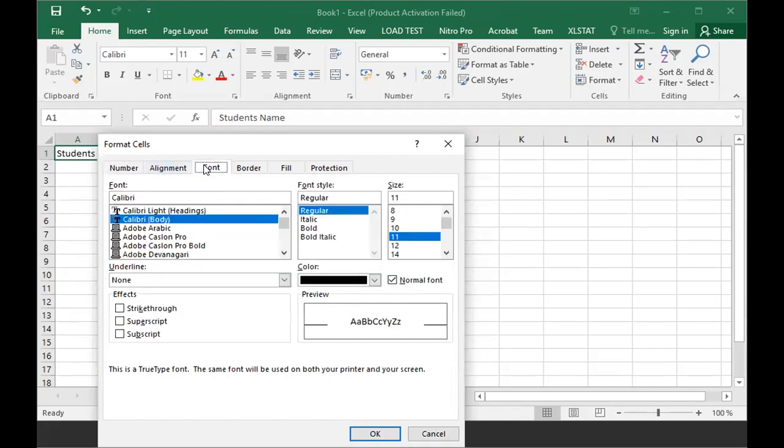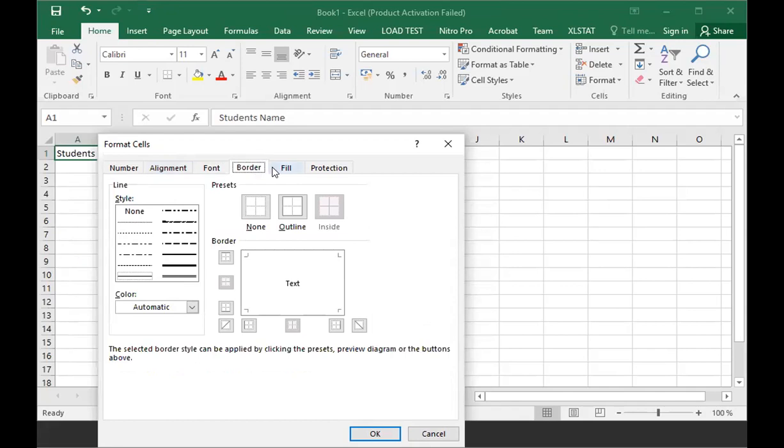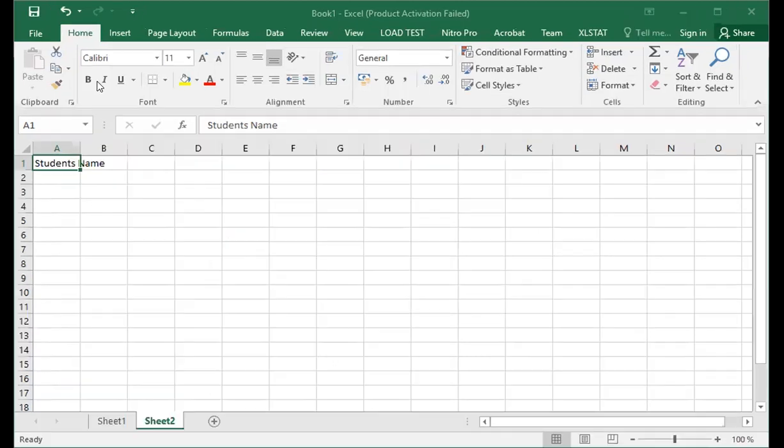Then there is the Font tab. Calibri selected, regular, size and fonts and so on. Then Border selection, fill. Right now it is just in non-border automatic outline. But if I want to have some kind of solid borders, different borders, I can do that as well. So, okay, if I just double click it, this will show the overall content, but I want this